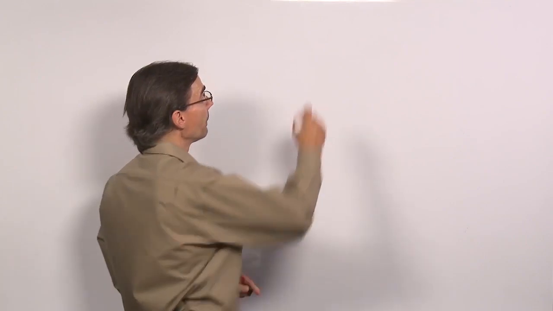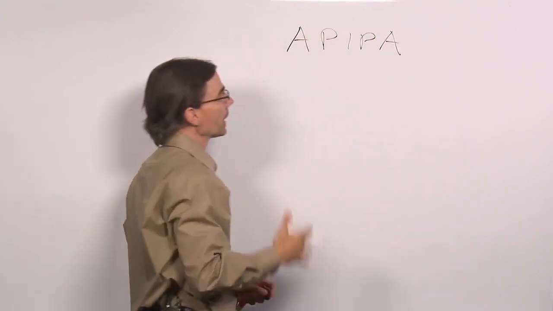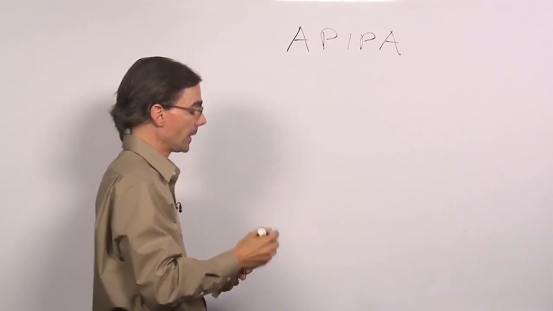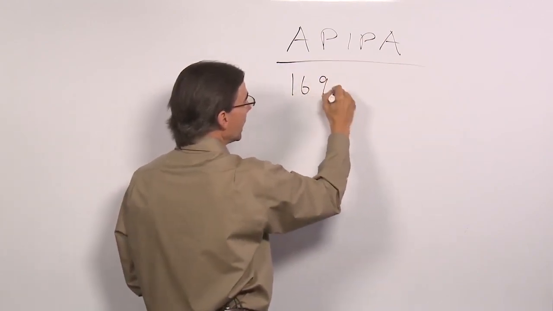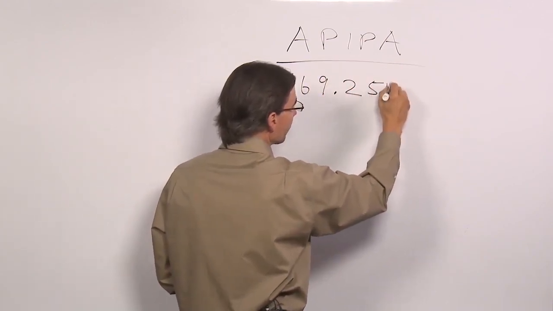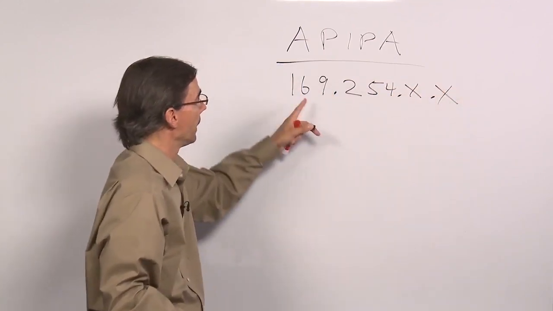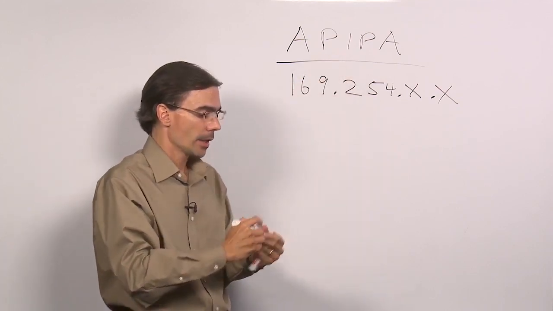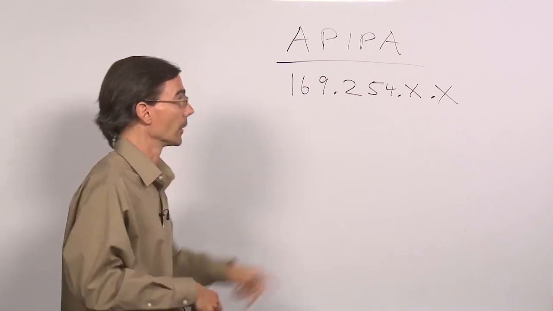Let's talk about automatic private IP addressing, also known as APIPA. This is something that occurs usually when your computer cannot get an IP address from a DHCP server. If you see the address 169.254.x.x, any other numbers after that, if you see 169.254, that means APIPA. And chances are, that means that your computer's not getting the correct IP address from a DHCP server, and APIPA